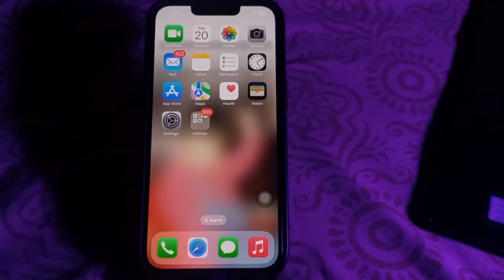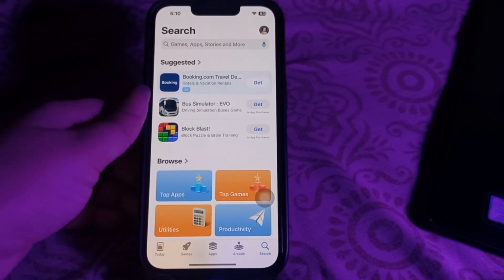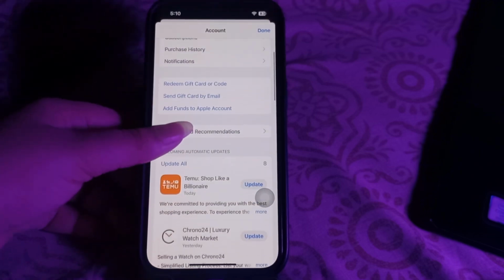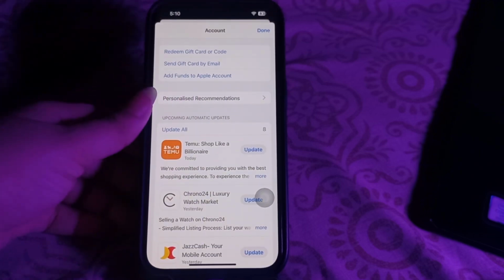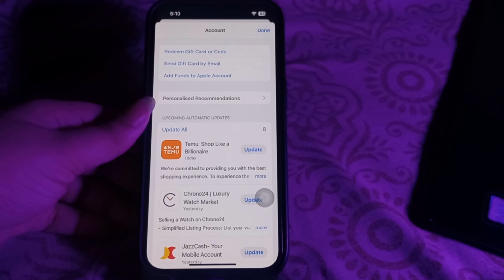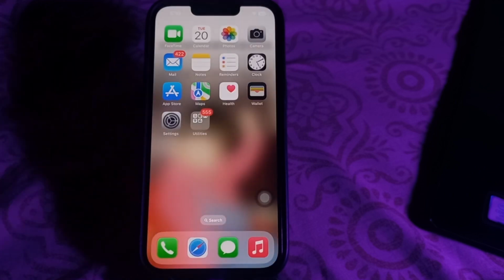And the next step is update the app. Outdated versions of an app can cause crashes and freezes due to bugs or incompatibility with the latest iOS version. To ensure you are running the most stable version of the app, for this open the App Store on your iPhone and then tap on your profile in the top right corner. Next, scroll down to the available updates section and look for the app in question. Tap update if an update is available, or you can tap on update all to update all the apps. Updating the app can often resolve performance issues and bugs that cause crashes. And you are done.